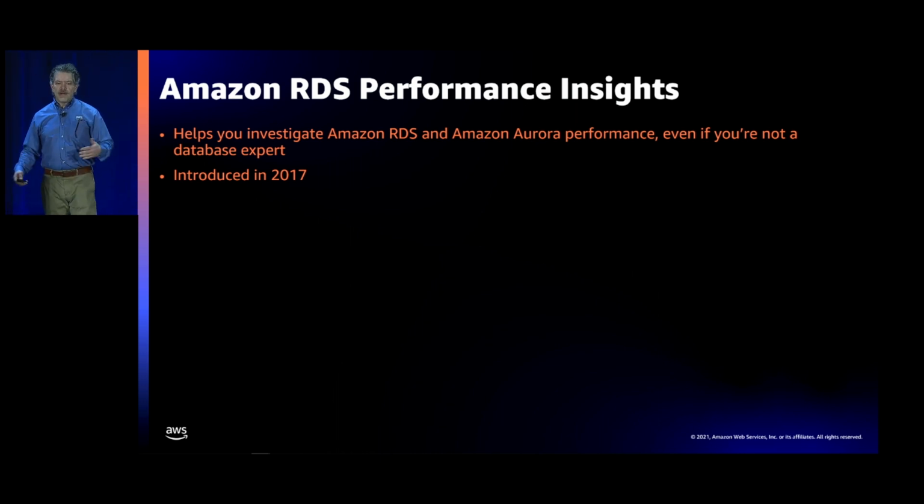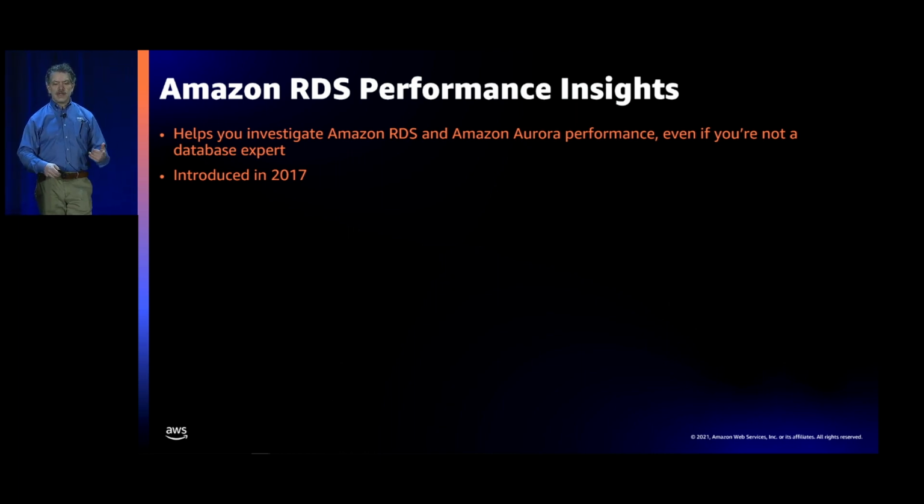As I've mentioned before, in RDS and Aurora, we want to make it easy for you to set up and manage databases. And an important part of managing databases is managing performance. Even the best tuned databases, like yours, need some kind of performance help at one time or another. And being able to see and understand what's happening in your database is a key capability. And we know that relational databases have a reputation for being complex and difficult to tune, requiring gurus to figure out how to fix them.